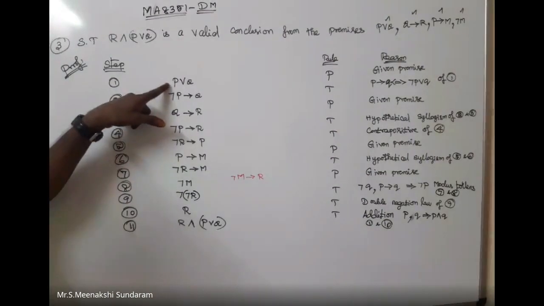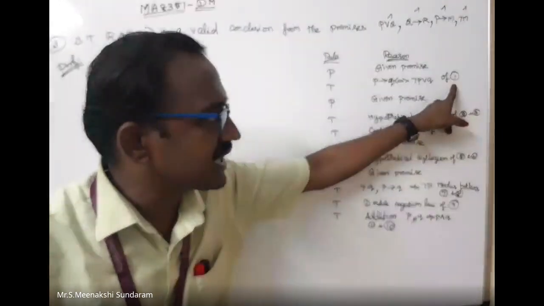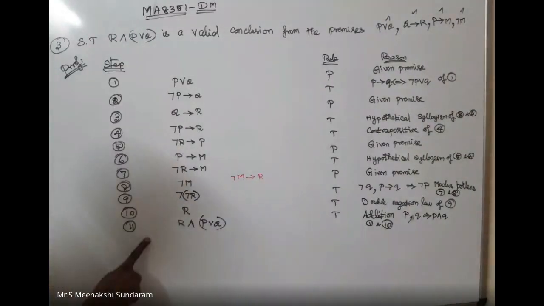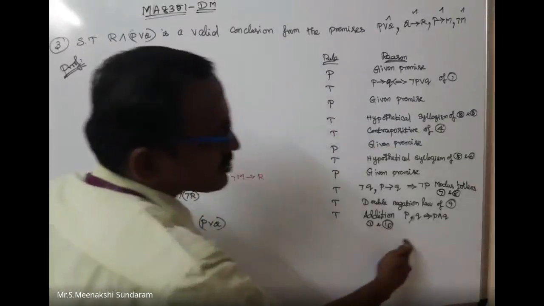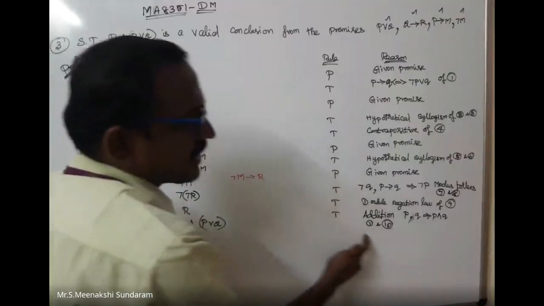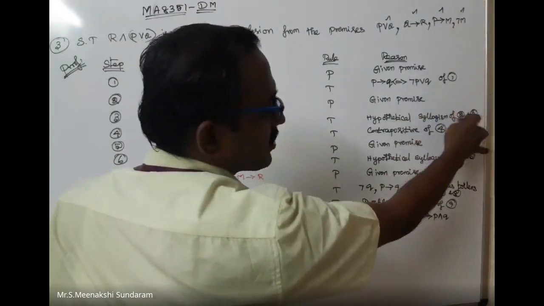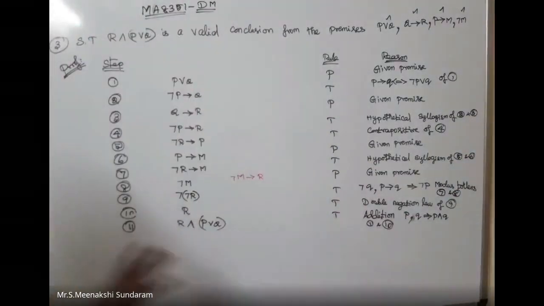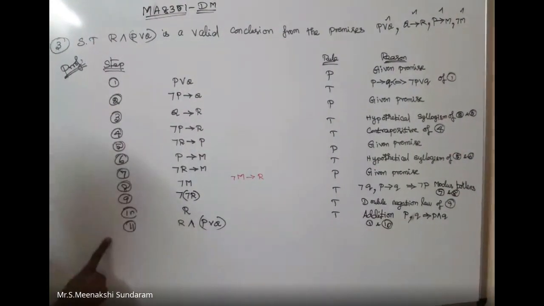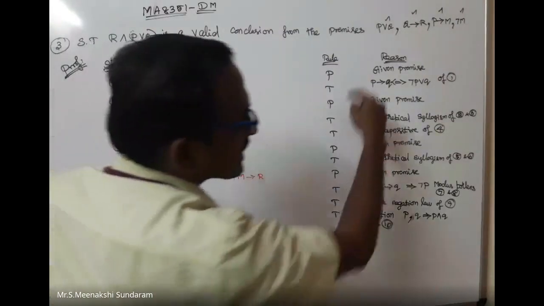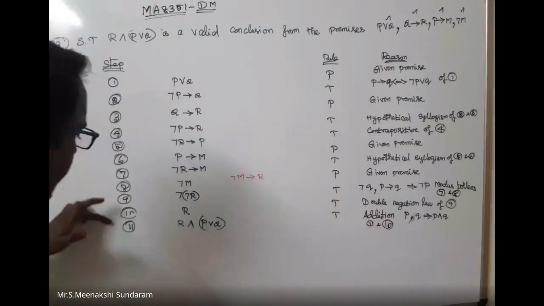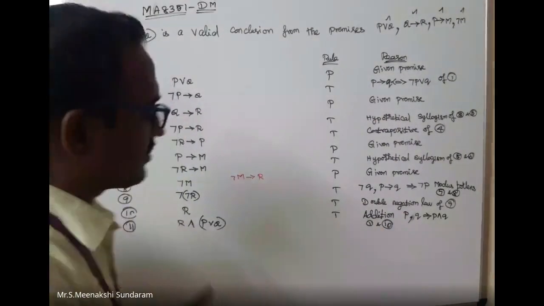This I can use once again. Here also I can apply. Again I can apply. Now we can check out of 11 steps. The 11th one is my conclusion. The remaining 10 steps I have used: 1 2 3 4 5 6 7 8 9 10. I have used 10 steps, check. Out of 11, if I have used the remaining 10 here, then it is correct. None of these should be missed. The remaining 10 steps must be used somewhere. This is your conclusion.